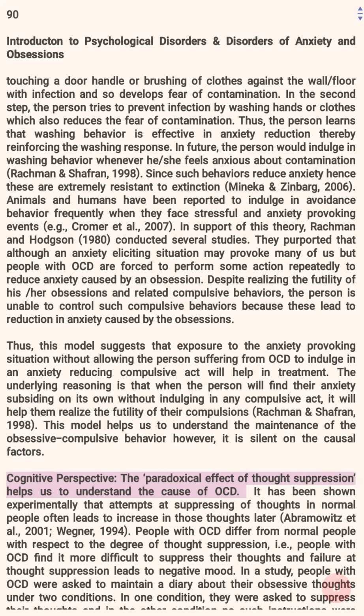Cognitive perspective. The paradoxical effect of thought suppression helps us to understand the cause of OCD. It has been shown experimentally that attempts at suppressing thoughts in normal people often lead to an increase in those thoughts later. Abramowitz and others, 2001. Wegner, 1994. People with OCD differ from normal people with respect to the degree of thought suppression. That is, people with OCD find it more difficult to suppress their thoughts, and failure at thought suppression leads to